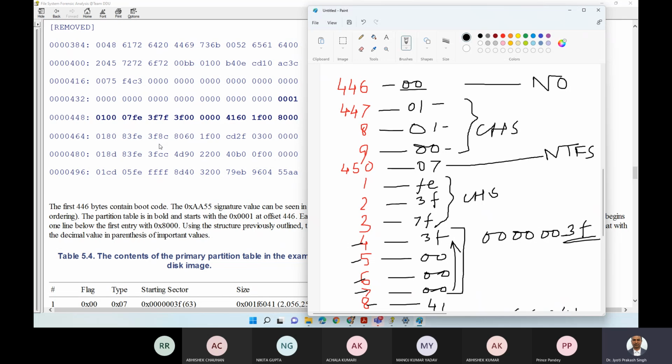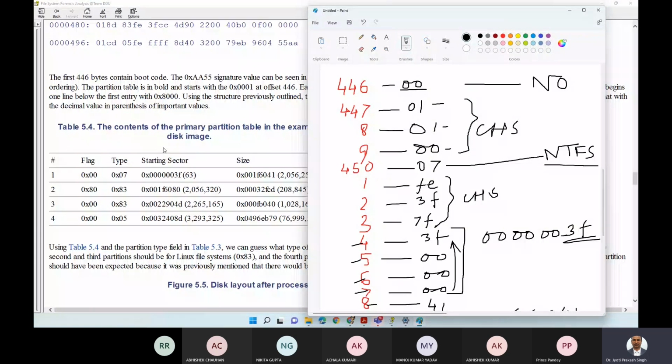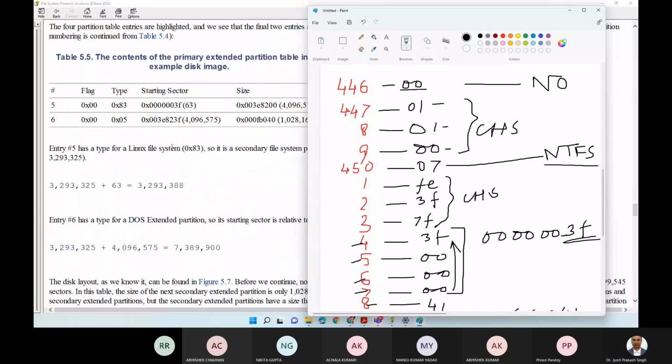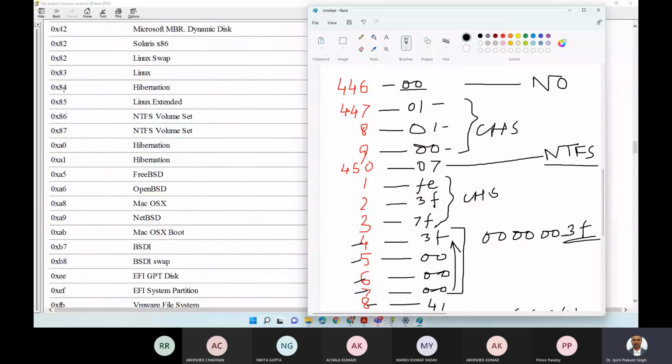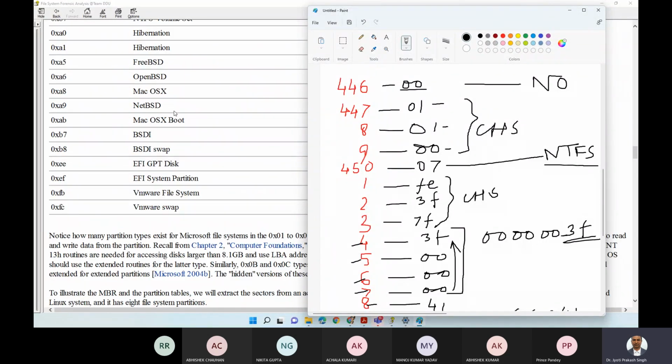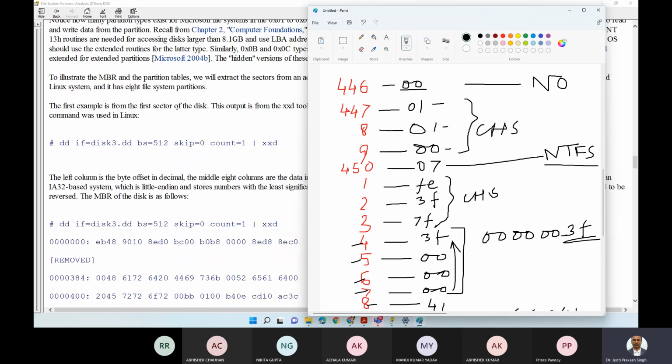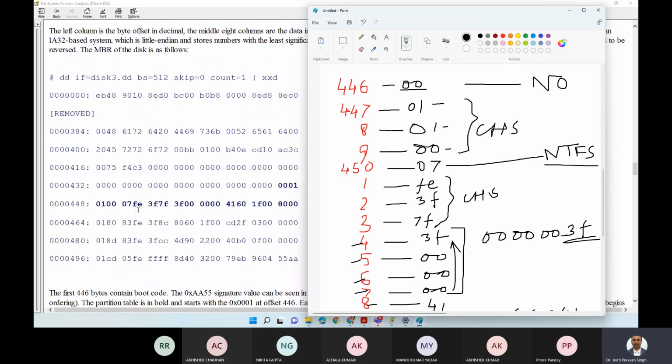हमको था कि NTFS फाइल सिस्टम है, अभी मेरा उसके जगह 83 है। सो यू कैन चेक अगेन कि 83 में क्या होता है। तो ऊपर था 83 इज लाइनक्स ऑपरेटिंग सिस्टम। सो वो जो पार्टीशन है वो लाइनक्स का हो जाएगा। सो बोलोगे कि जो सेकेंड पार्टीशन है वो लाइनक्स के लिए है, 83 है। उसके बाद अगेन 3 बिट मिस करोगे, फिर यहाँ से शुरू